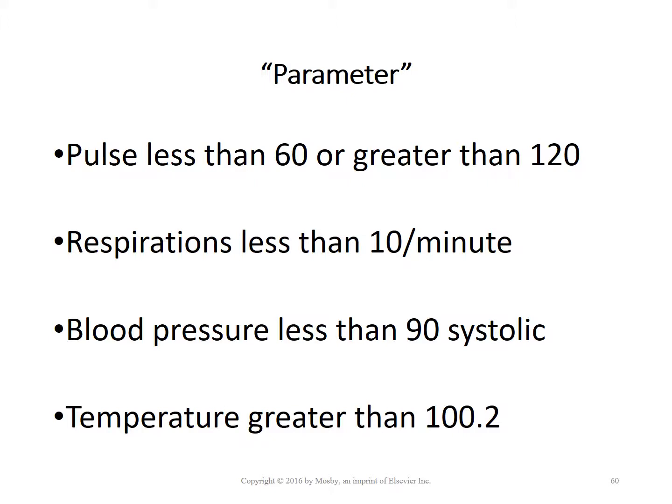too low. If they're on any blood pressure pill for high blood pressure, you check the blood pressure beforehand, but if their top number is 90, that means they're getting too much of a good thing. And you should not give the pill and check with the doctor to see what they want you to do. Because if they're on a blood pressure pill because their blood pressure is 160 by 100, but then you take it and it's 90 by 60, if you give that next dose of that pill, you know what's going to